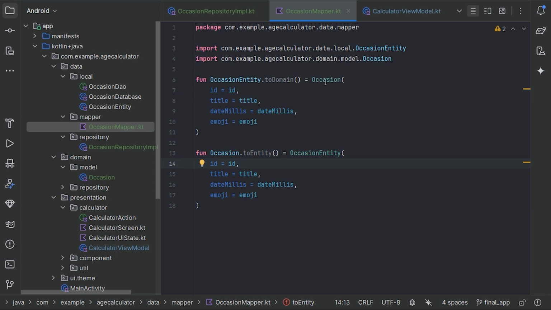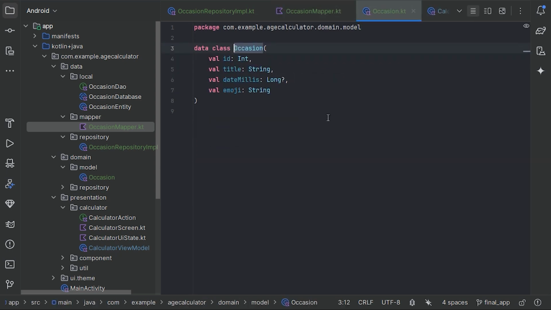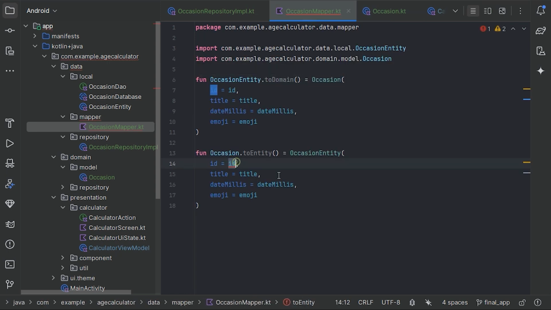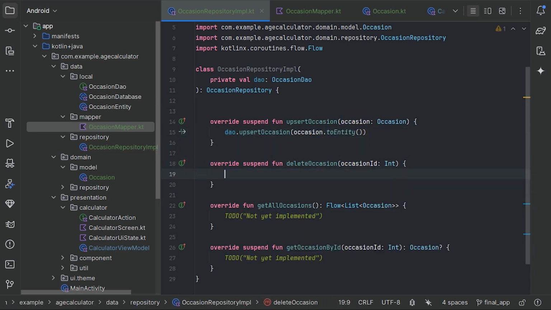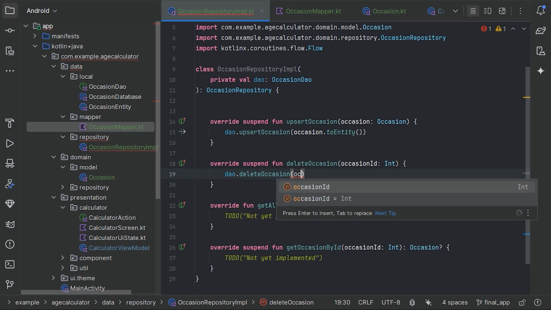And here one more thing we need to update. Go to this Occasion data class, and we need to make this id field nullable. So for the new occasion we can provide the null value because Room will generate the id automatically. So here it will give an error, so we will simply say if the id we are getting is null, then use this 0. So with this 0, Room will generate the next id automatically, and we can use this function here, toEntity. And same let's do here, deleteOccasion,